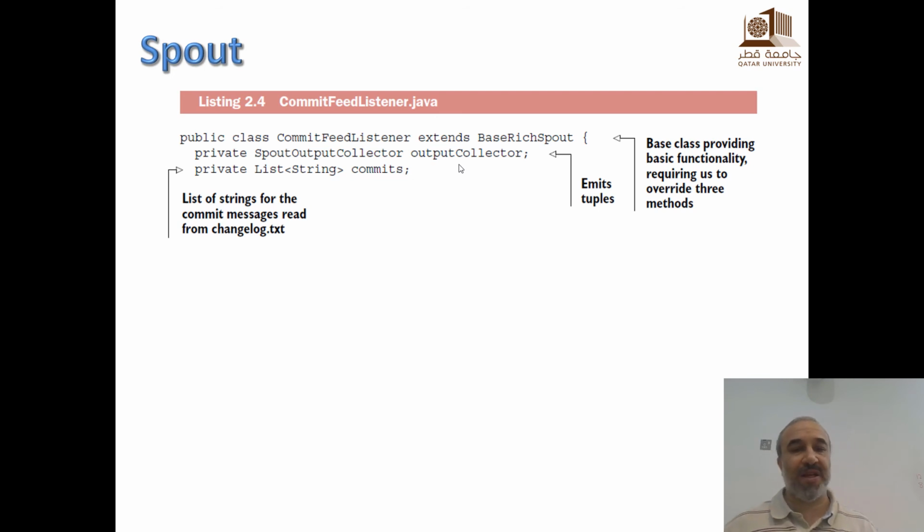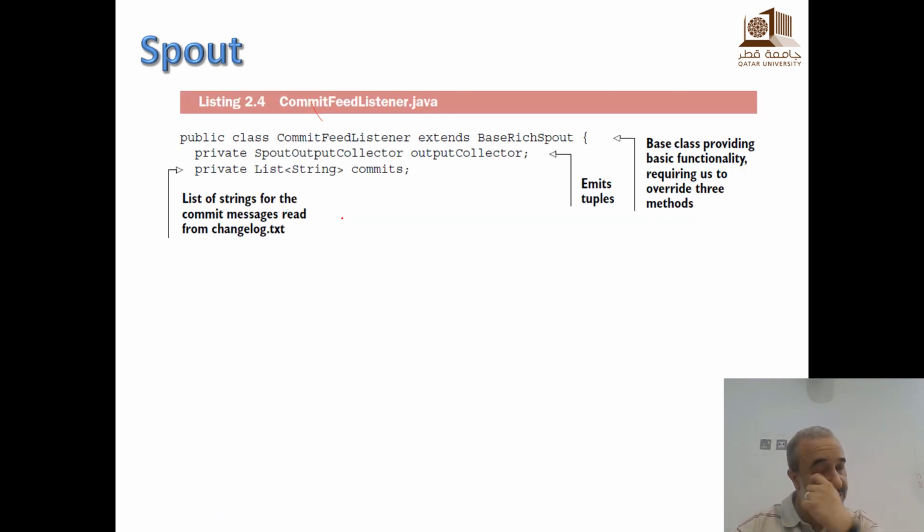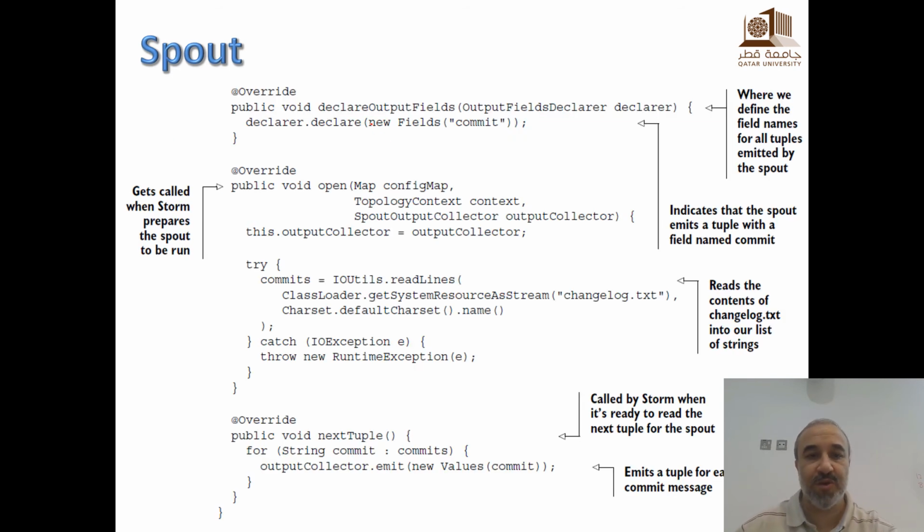Here, because this is just a toy example, the commits stream comes from a list. Okay, but of course, in reality, it doesn't come from a static list. So that's the continuation of the spout code. You will see here that there is a function called declare output fields. This is the schema of the output stream. Okay, so for the spout, it is just one field which is called commit.